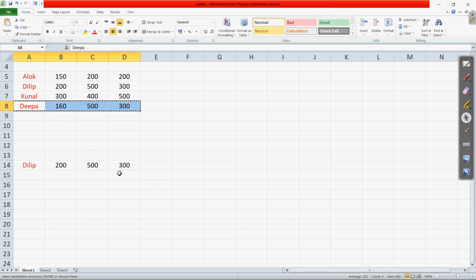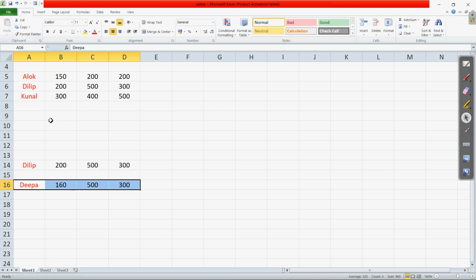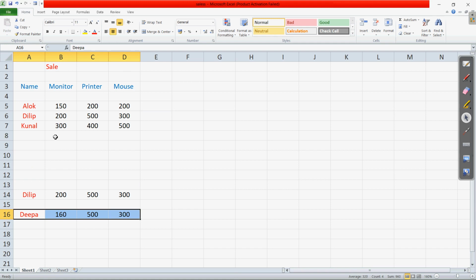Now wherever you want it to appear, click that particular cell and again click on the paste button. If I click on the paste button, you can see the previous data is deleted. Clear? Earlier this particular row was appearing in row number 8, but now it is in row number 16 because we have moved it to the new cell.